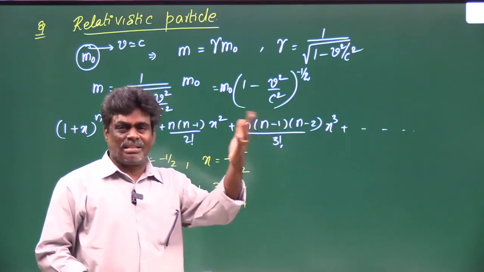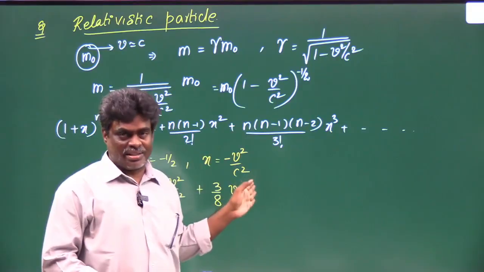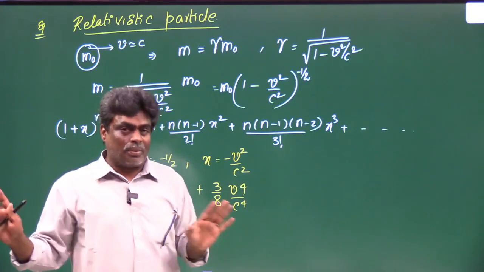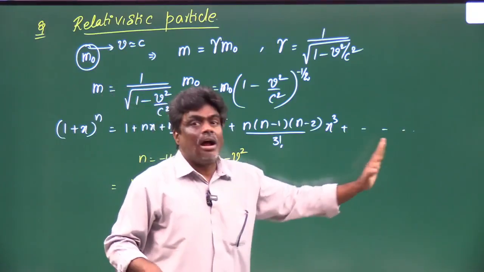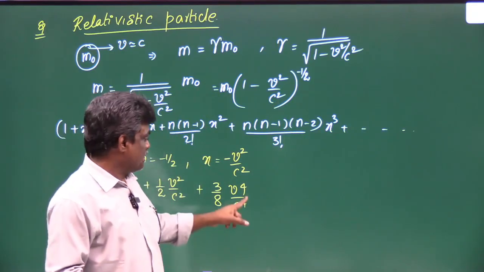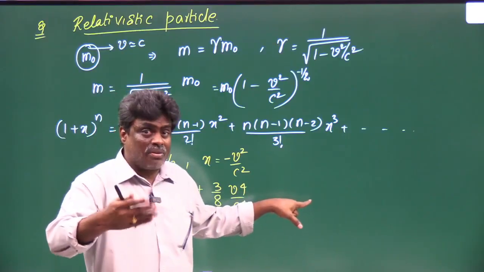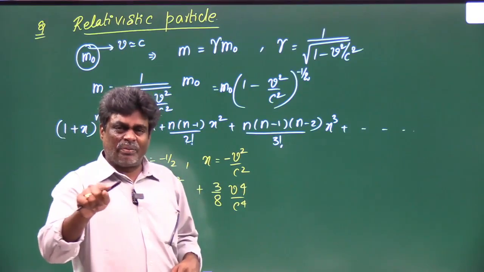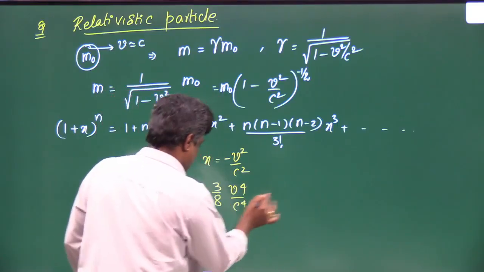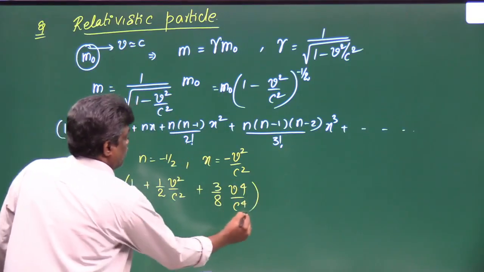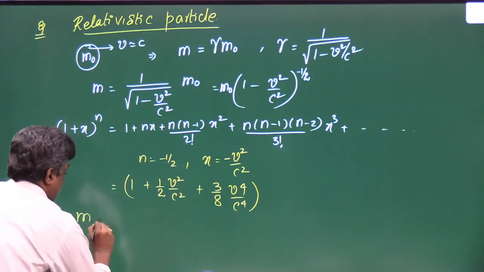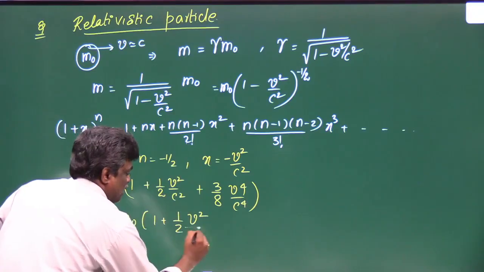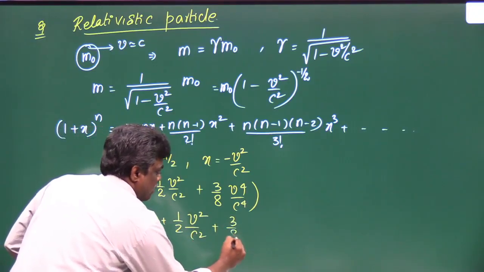But definitely c is a big number, I mean c is greater than the velocity, definitely. So although v is a relativistic speed, v is not equal to c. That's why the higher orders will be neglected. The reason is v power 4 by c power 4, the next one v power 6 by c power 6, tends to a very small value. That's why neglect the higher orders. Finally m equals m naught into 1 plus a half v square by c square plus 3 by 8